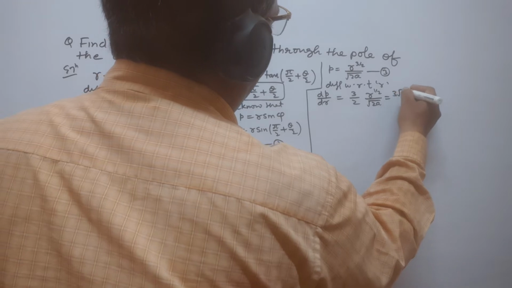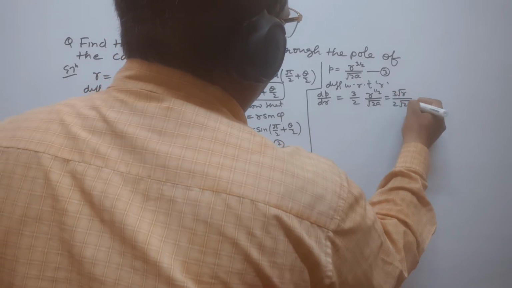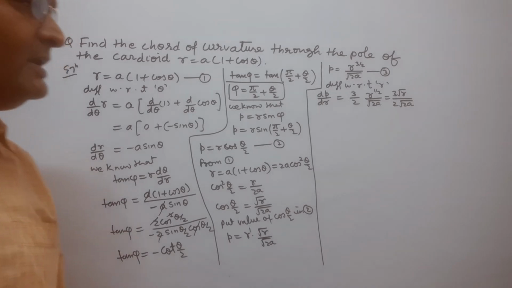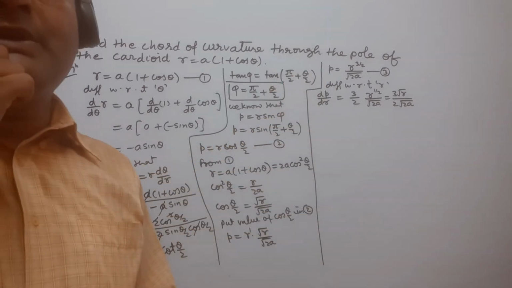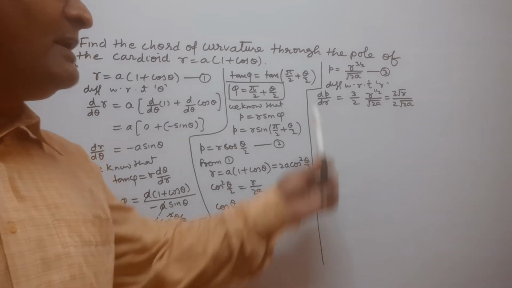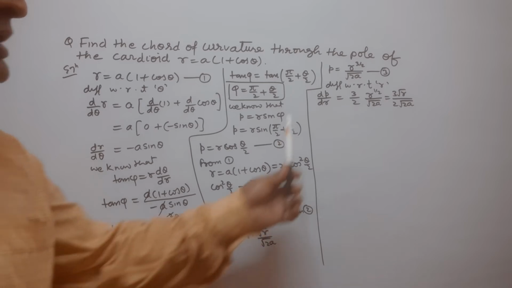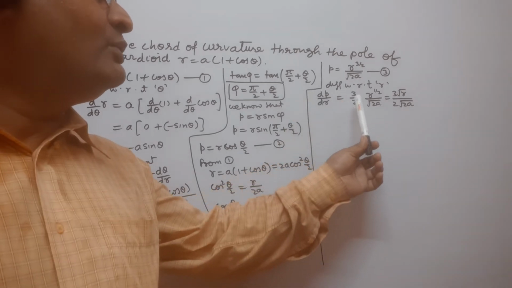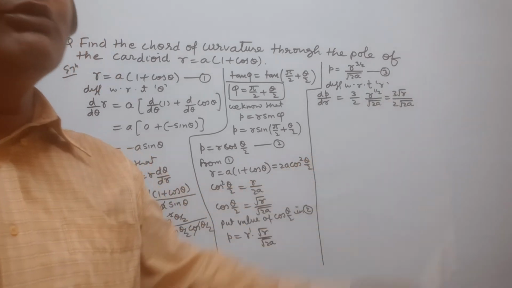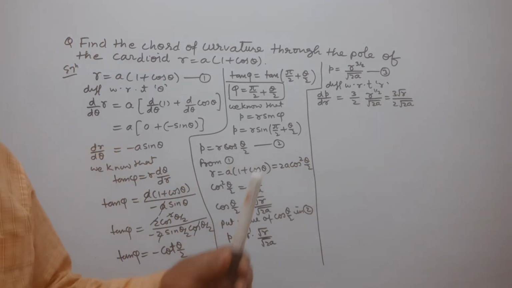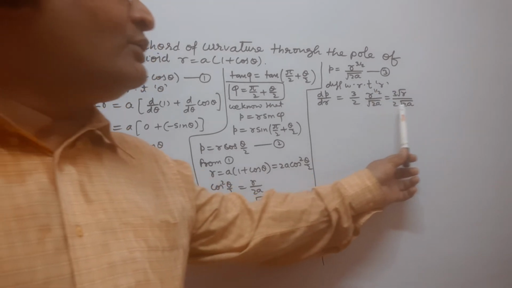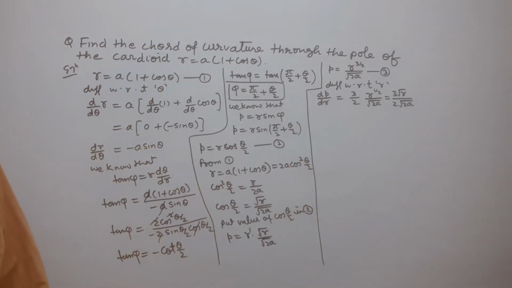So this is 3 root r upon 2 multiplied by root 2. आप देख सकते हैं यहाँ p इक्वल टू r power 3 by 2 upon root 2 है. इसको डिफ्रेंशिएट कर रहे हैं r के रेस्पेक्ट में. सो इसके लिए ऑपरेटर लगाया है d by dr both side. तो dp by dr इक्वल टू 3 by 2 r की पावर 3 by 2 का डिफरेंशिएशन होगा 3 by 2 r की पावर 3 by 2 माइनस 1. तो 3 by 2 में से 1 सब्ट्रैक्ट होगा तो r की पावर 1 by 2 हो जाएगा, जिसको हम root r लिख सकते हैं.